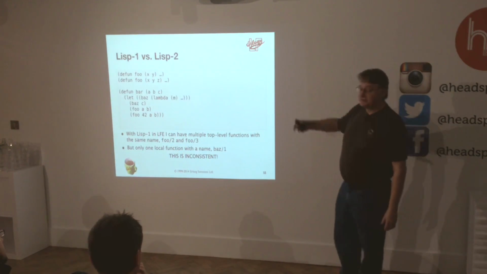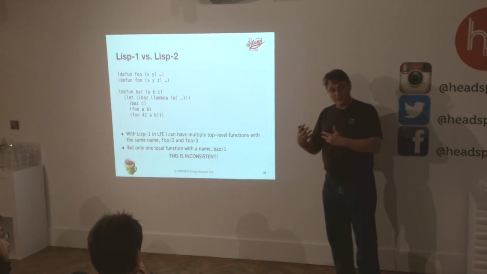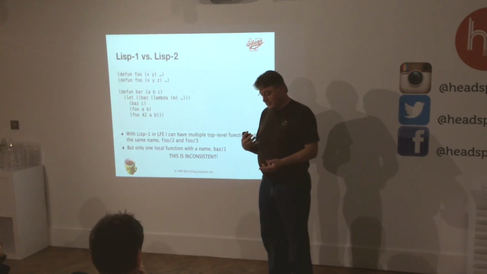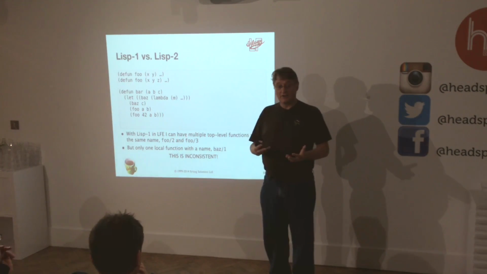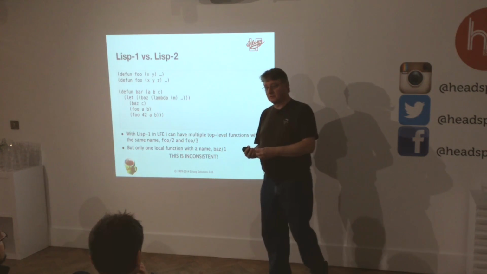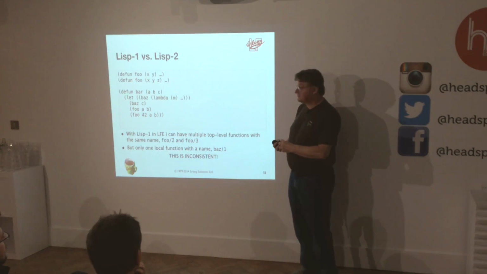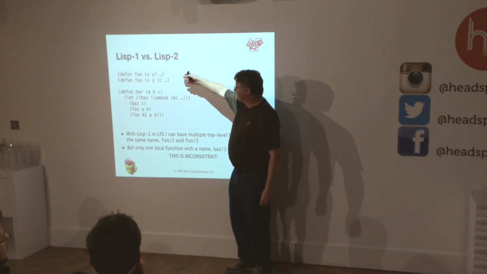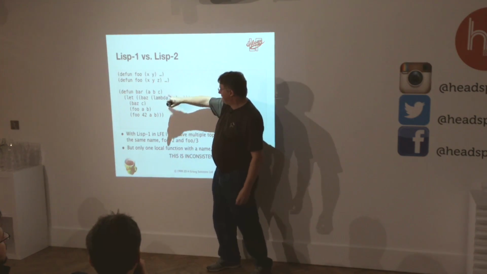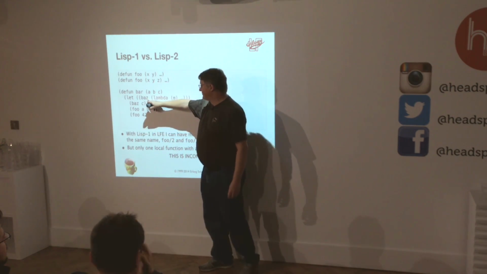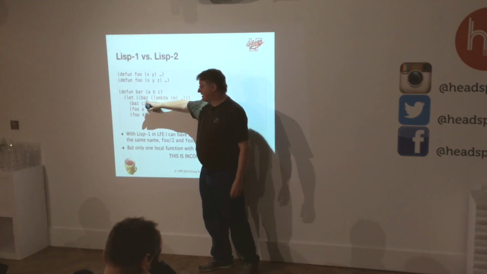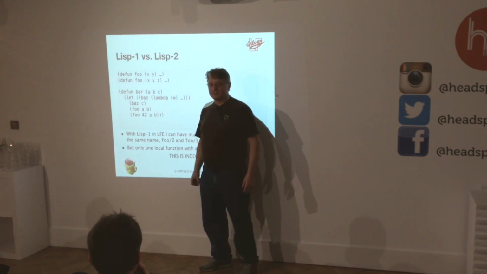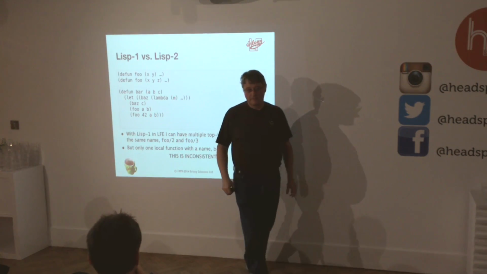And originally I actually did choose Lisp 1. I was looking at Scheme, two very common Lisps. Scheme is Lisp 1 and Common Lisp is Lisp 2. Okay. So we're going to Scheme, so it went Lisp 1. Right? So I could write a function, I could define foo here of 2 arguments and 3 arguments, I could define bar, and I could just define baz as a variable here with a value, a lambda here, and I could call baz, and I could call foo, and I could call foo there. That's great, it worked.